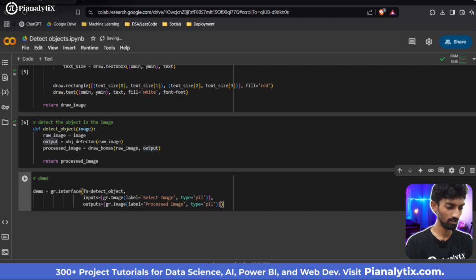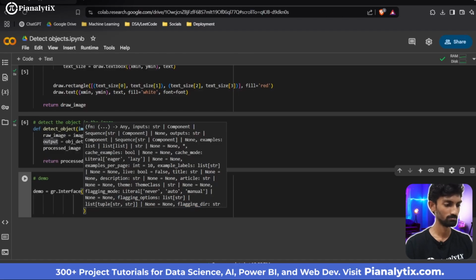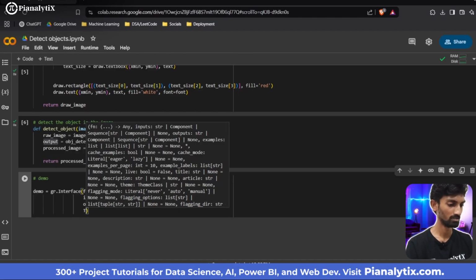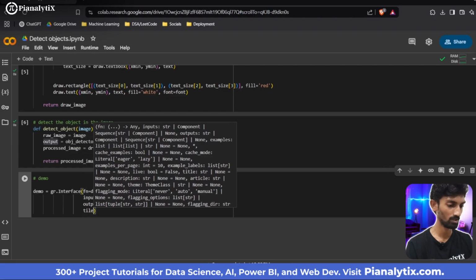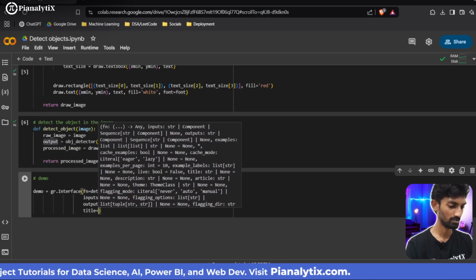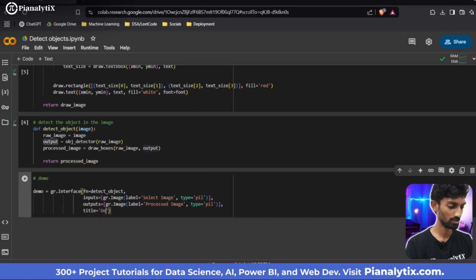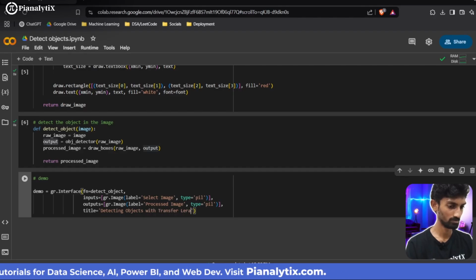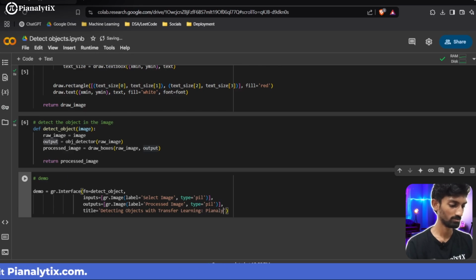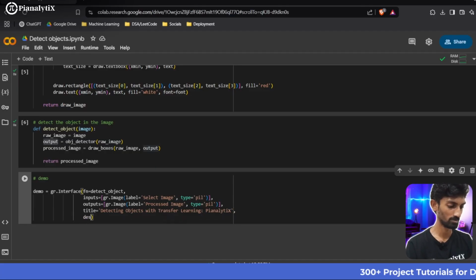Okay, now we'll do title, which has small title. Okay, title equals to detecting objects with transfer learning at Pianalytix. Okay, and lastly we'll do